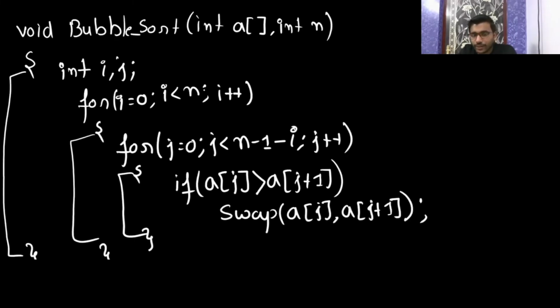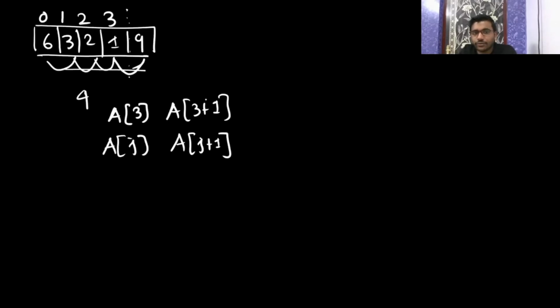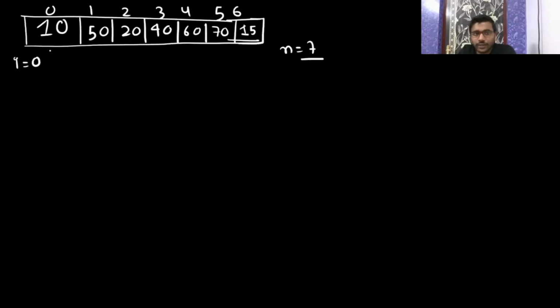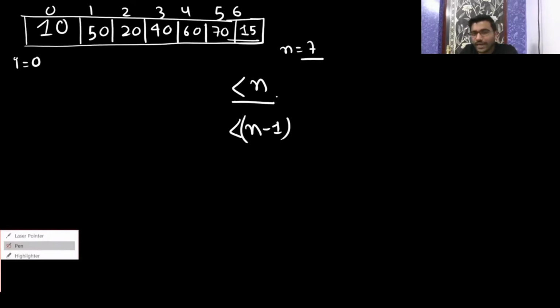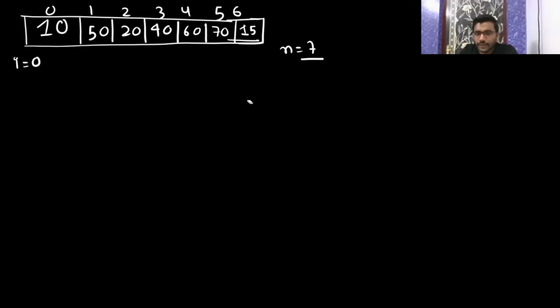Here you can even write n minus 1, because j should go till 0, 1, 2, 3, 4, 5. You can even write n minus 1 if you want to improve. See, asymptotically, if you run this till smaller than n or till n minus 1, both take the same time. Asymptotically it is not going to have any impact. So you can write either n or n minus 1, it is fine. Only one more iteration it is going to take, so nothing will happen.